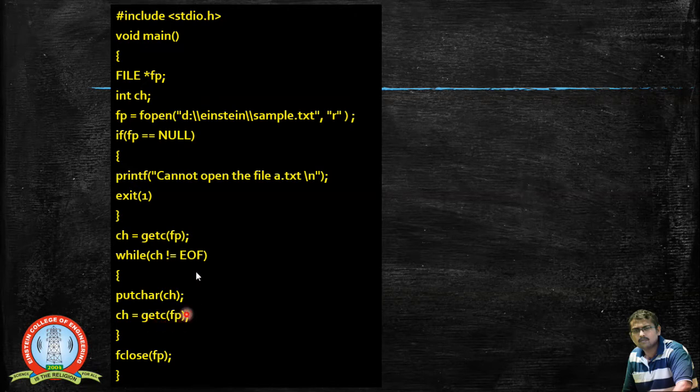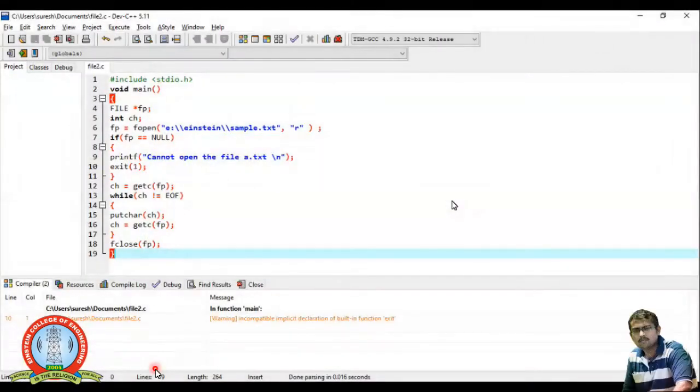So until the end-of-file condition is reached, I just keep on reading, and while reading I am just printing the characters to the output. Finally, after the execution is over, I close the file operations. So this is the simple program that we are using over here. Now, this is an example of what I have just specified.